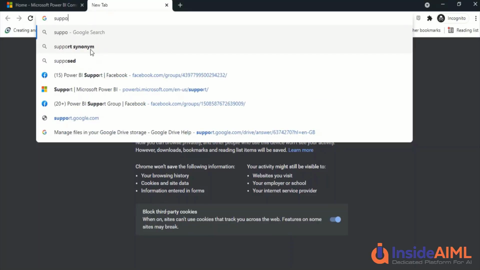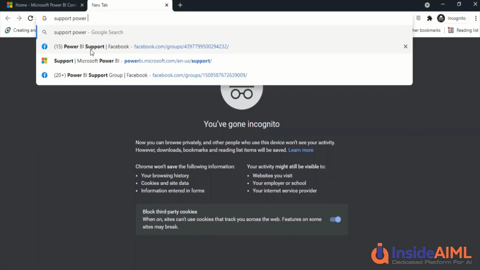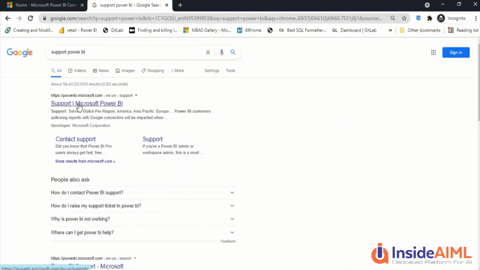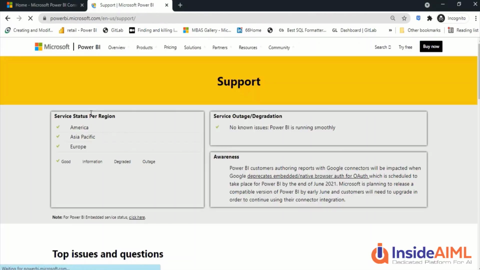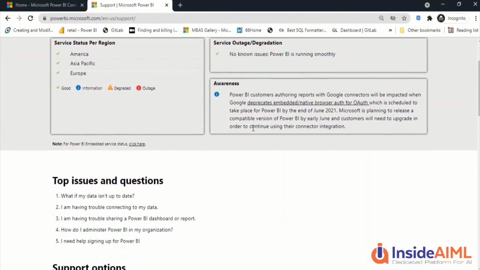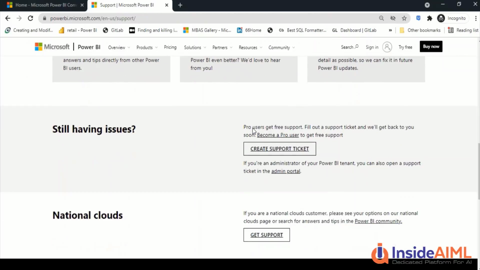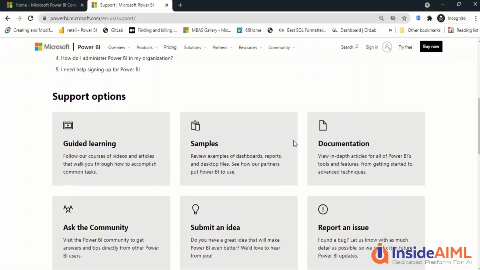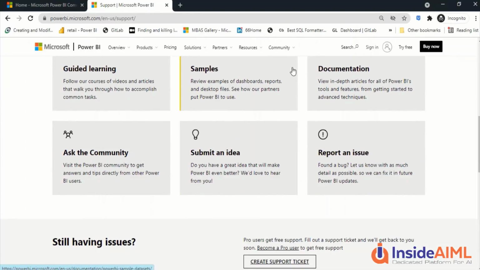Now, if you need support from Power BI, meaning you are a pro user or a premium user, and you are looking for support. The community is basically for asking your problem and getting a solution, but sometimes there is an issue in the software itself that can only be solved by support. So support.powerbi.com or powerbi.microsoft.com/en-us/support, of the particular language you have. You can search for support Power BI and you'll get that link.